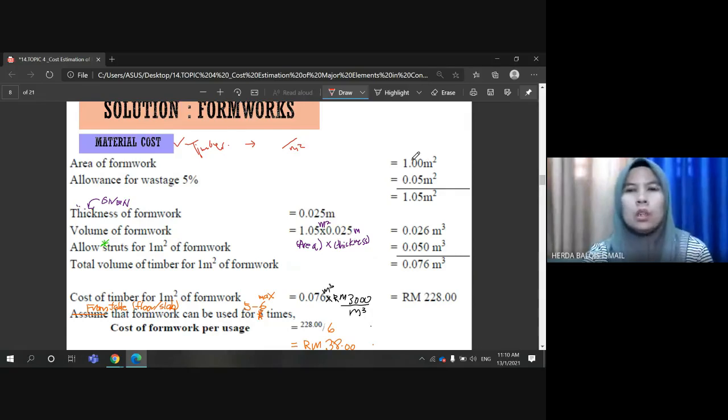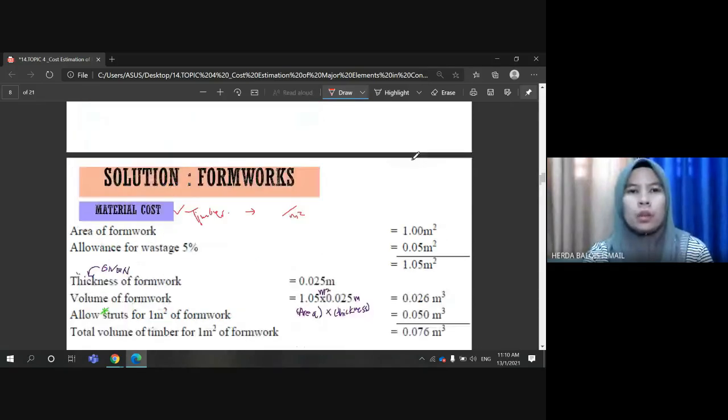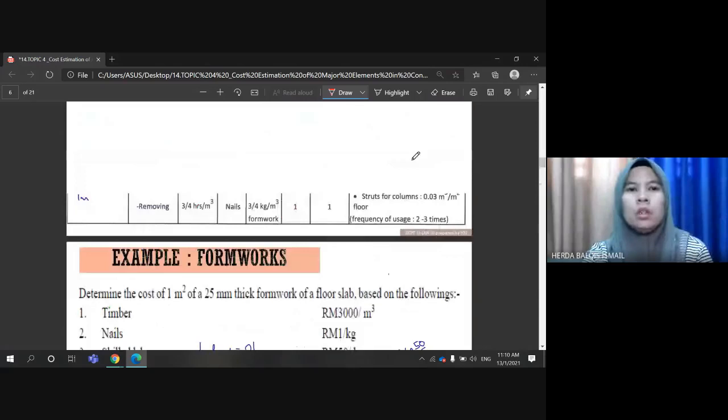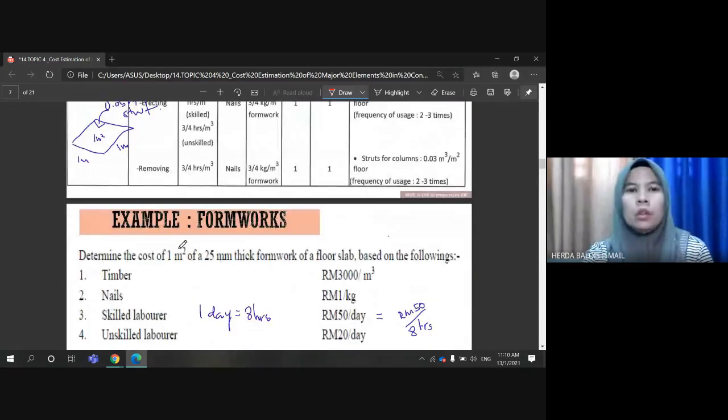In this question, the dimension of the floor slab is given, this is the area. And the thickness stated clearly in this question is